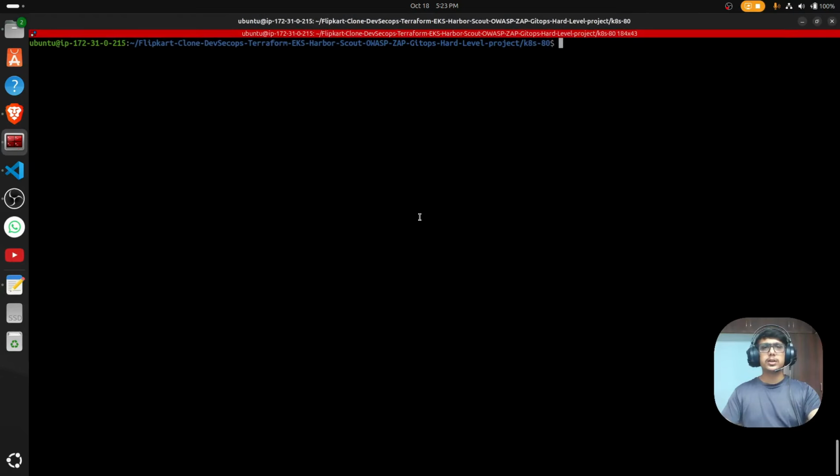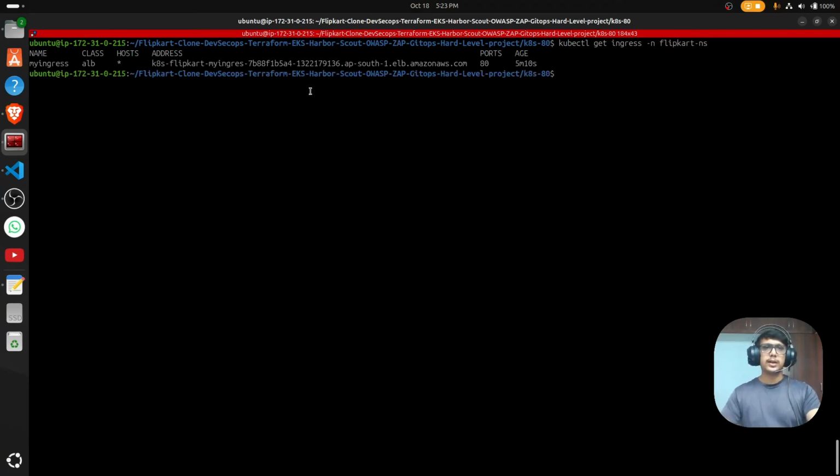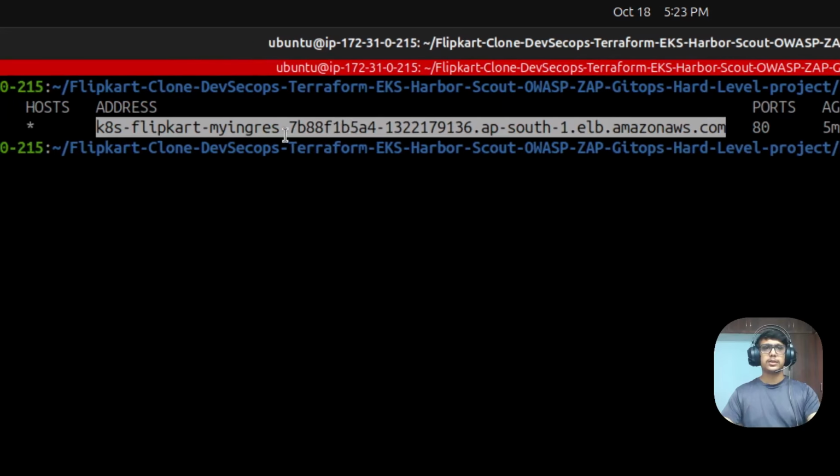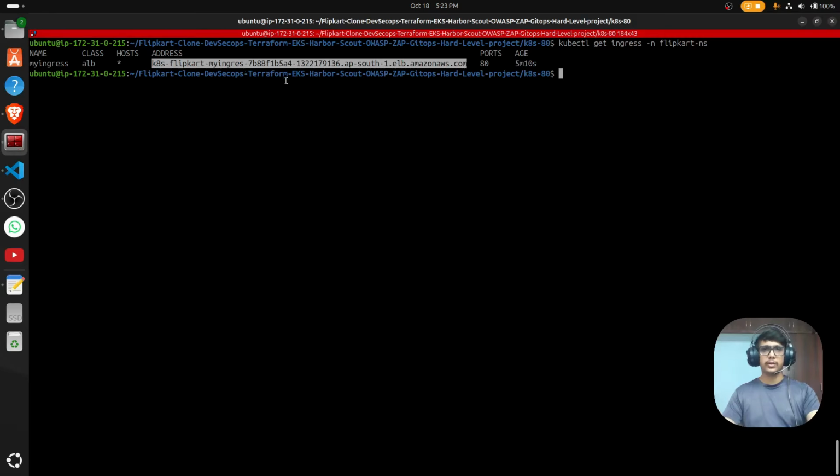So one more thing, to get the application load balancer via the command line, just type kubectl get ingress and the namespace Flipkart NS. Hit enter, and here you will get the address of your application load balancer if you don't have access in the web console. Okay,